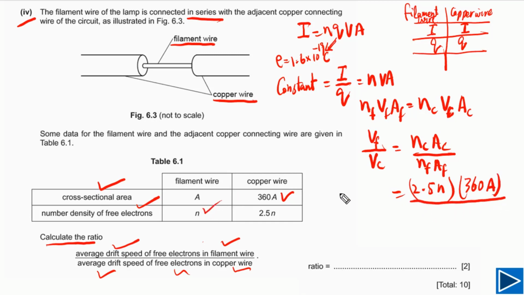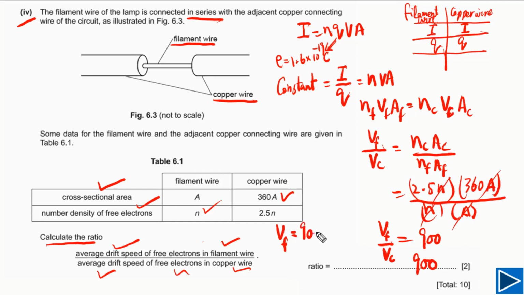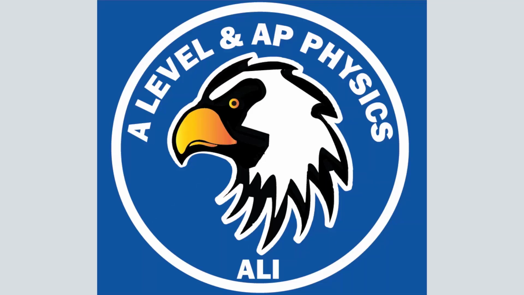The number density for the filament wire is given, that is simply N, and the cross-sectional area of the filament wire is A. Now we can cancel A with A and N with N. If we multiply these two, our final answer will be 900. So the ratio between the drift speed in the filament wire and the drift speed of free electrons in the copper wire is equal to 900. This is our final answer. You can also understand it like this: the speed of free electrons in the filament wire is 900 times greater than